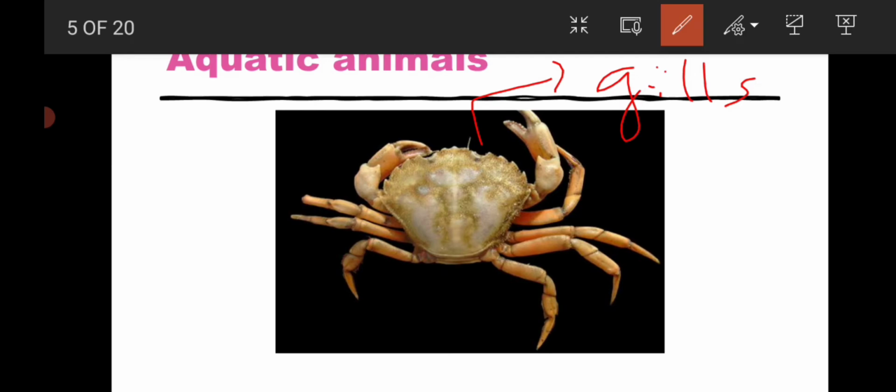But you can ask, is the crab also an amphibian? It is not true. It can't be an amphibian, though you can say it lives both on land and in water. Why can't it be an amphibian? Because this crab can't stay on land for a long time. If the climate is very dry, they have to move towards water. Only in water do they get their normal breath. So this crab is also considered an aquatic animal.